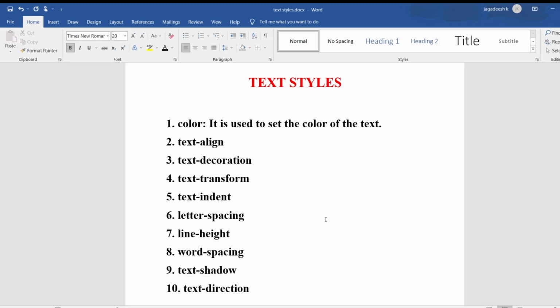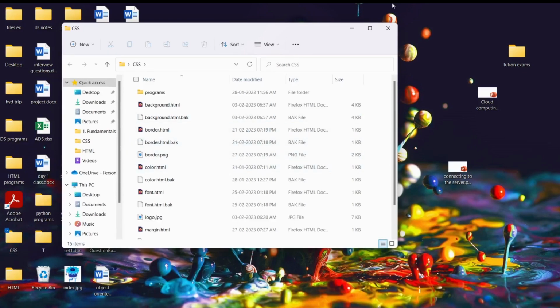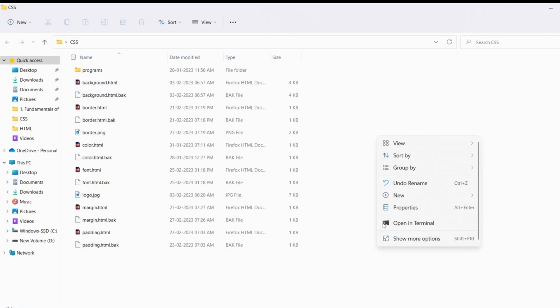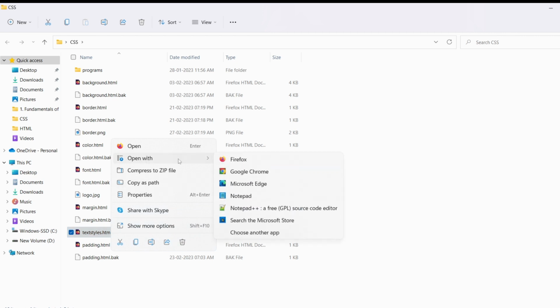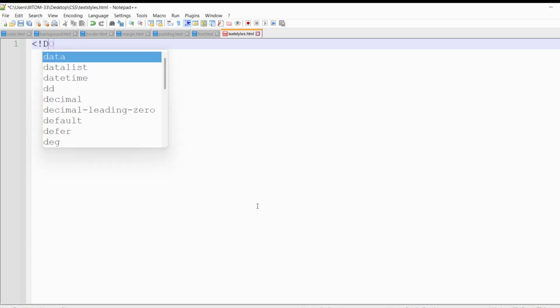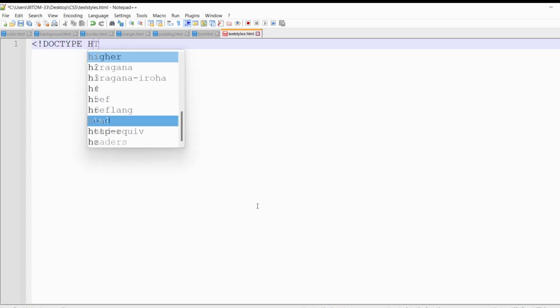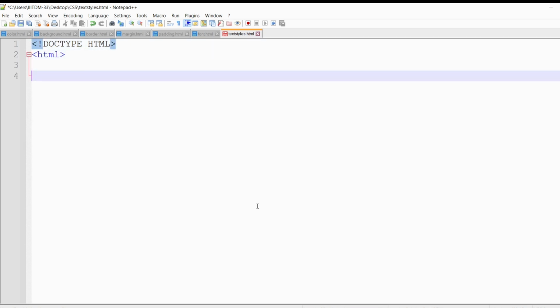Now let me discuss the color property with an example so that it will be clear for you. Let me go to the desktop, CSS folder, and then let me right click on this one, new text document, and I will give it as textstyles.html. Let me click on yes, right click on this one, open with Notepad++, and then I need to provide the basic HTML template. So I will write doctype html,